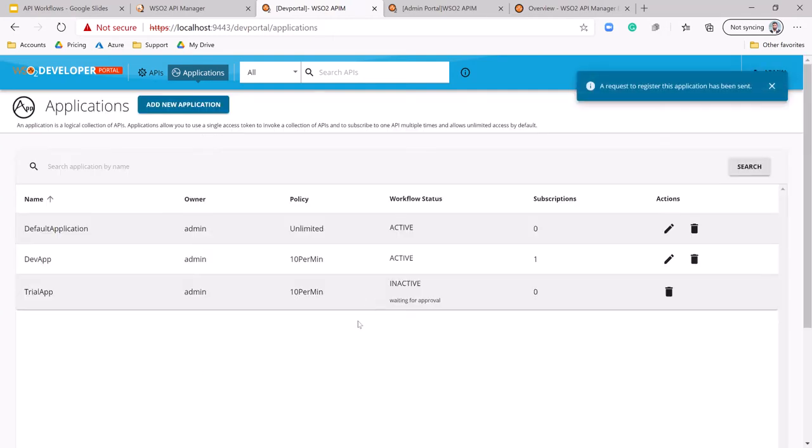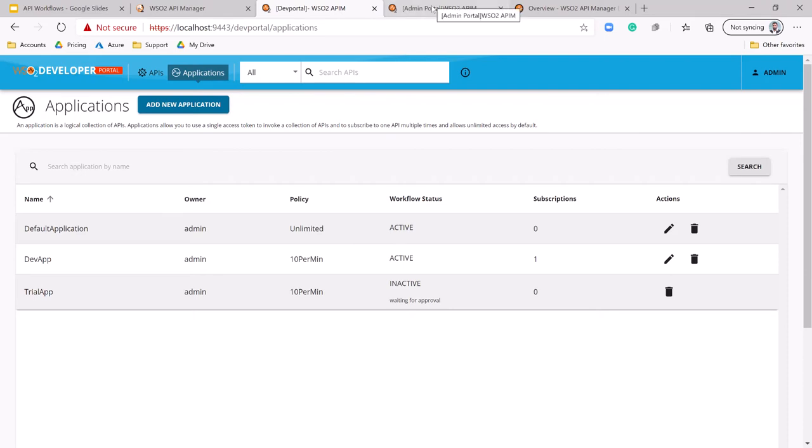So unlike before, you can see here my application workflow status is inactive. Workflow status is in inactive state for this new application, and it says waiting for approval. So you cannot use this newly created application immediately. It requires an approval from an administrator.